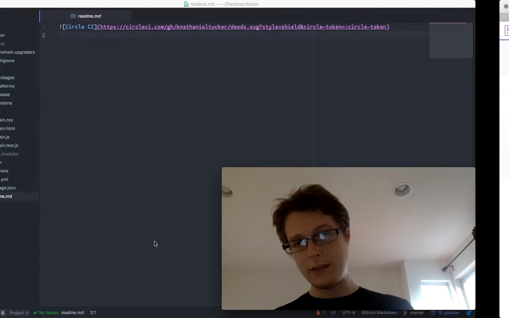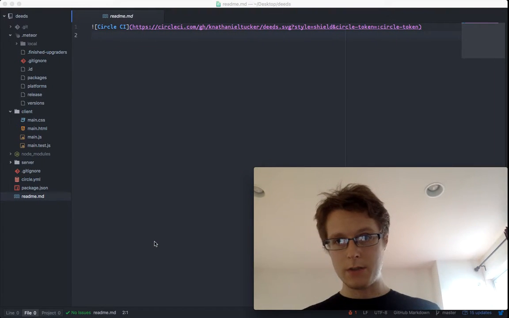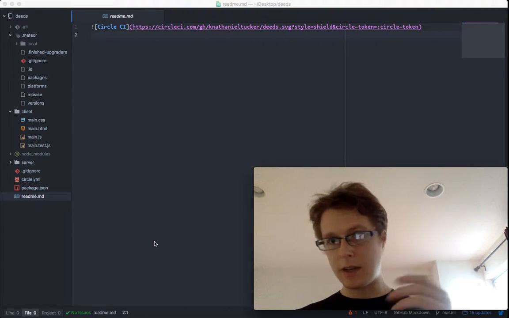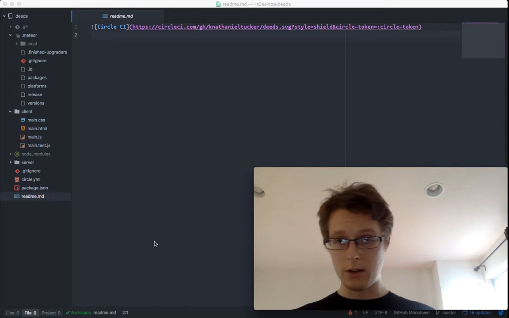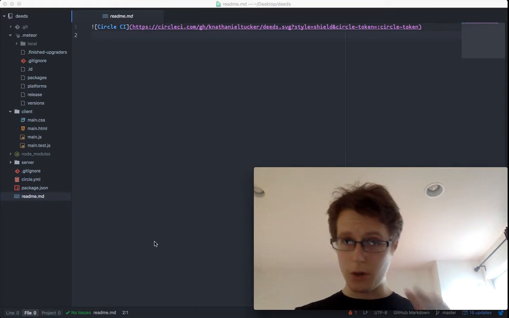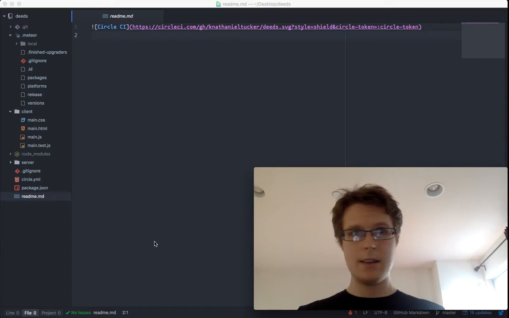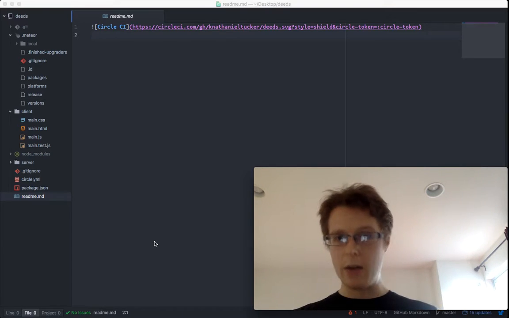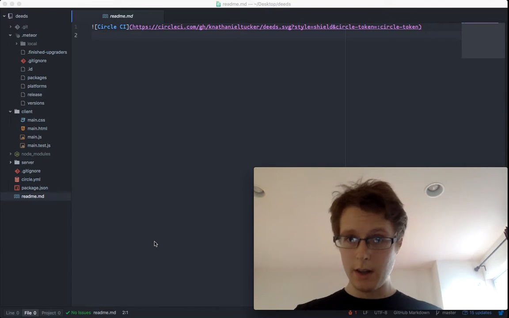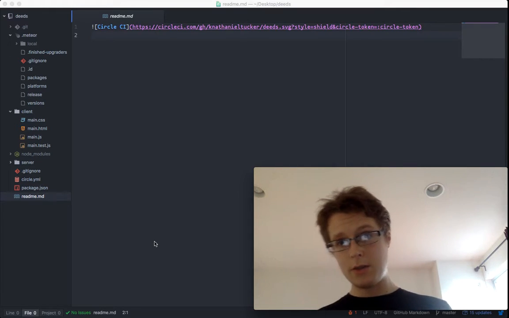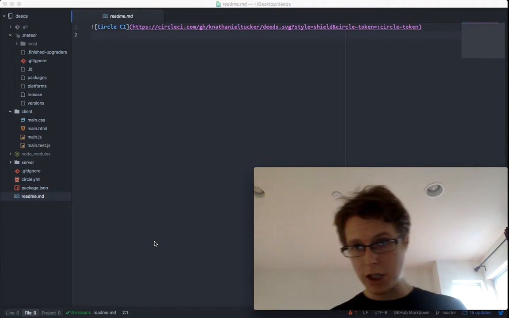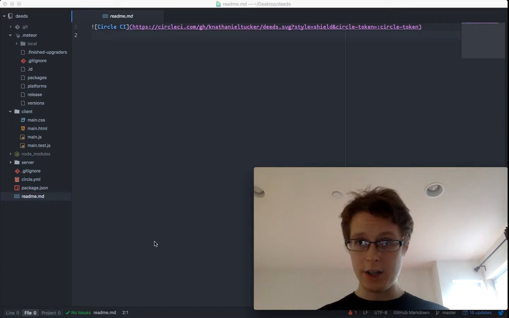Currently, what I've seen is that a lot of the tutorials explaining how you set up Heroku with Meteor are a little bit out of date, which is okay, but it's best to do this the right way. As of now, this is the most up-to-date version, and it gives you really nice things. It gives you continuous integration, so you're not going to be pushing something to staging if it's going to break staging. It gives you continuous deployment, which means you're always going to have the most recent